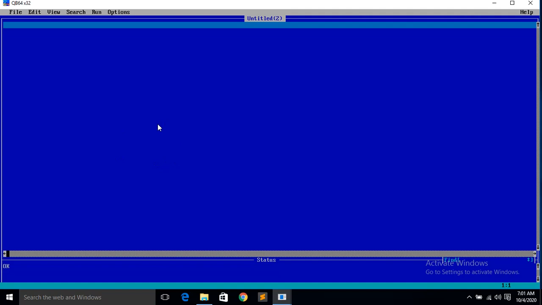This editor is used for facilities and convenience to work. There are two parts of the BASIC editor. Go to page number 94. One is program mode and another is immediate mode. What is the difference between program mode and immediate mode? In program mode, commands are not executed immediately. That means when we write multiple lines, it is program mode, and immediate mode means it will be written in one line and executed immediately.